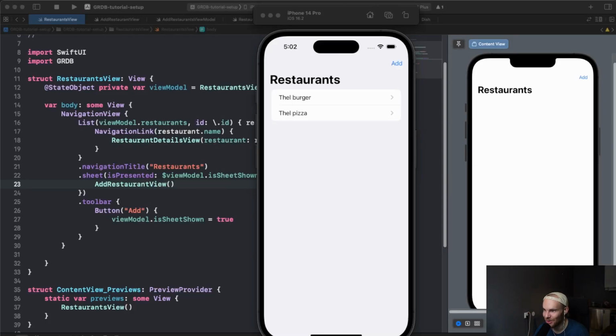Today, I'm excited to show you how you can set up GRDB. But first, what is it? GRDB is a tool that runs on top of SQLite. It lets you interact with the SQLite database in a more SwiftUI way. So instead of dealing with SQL statements to create a table, we have more Swiftier syntax. It also has support for concurrency and Combine, and there's a bunch more tools too, but we are just going